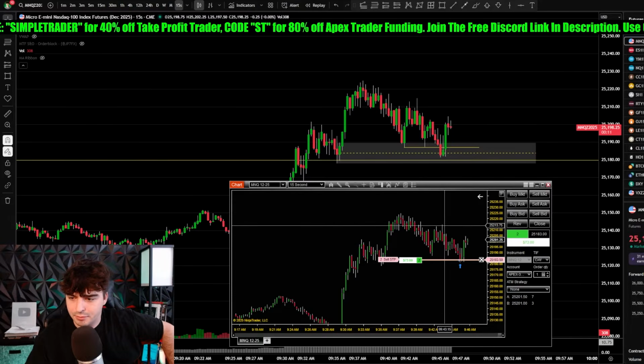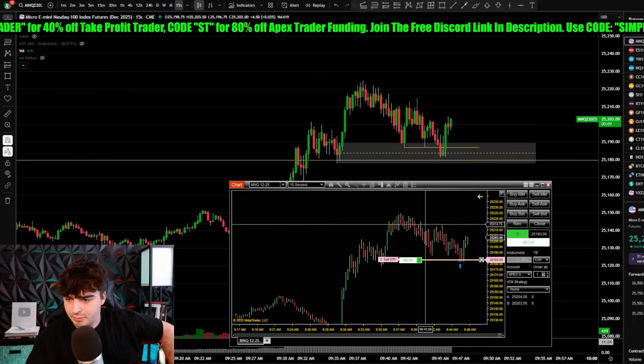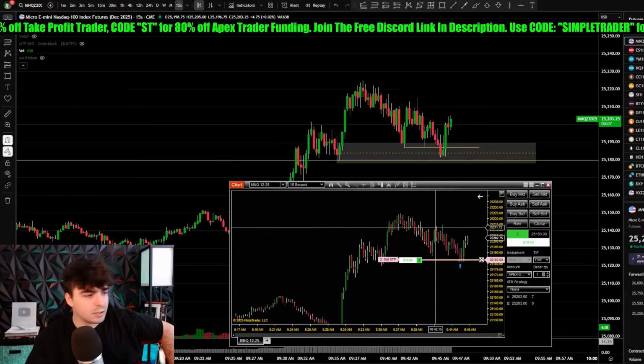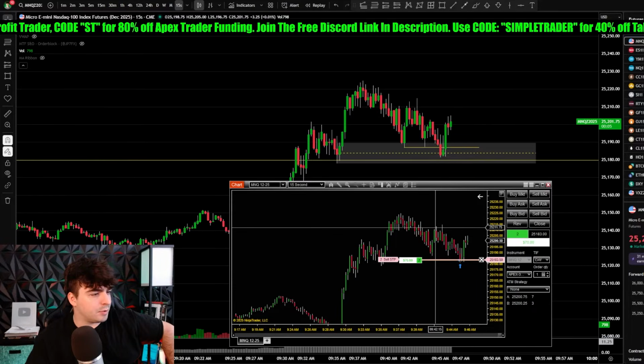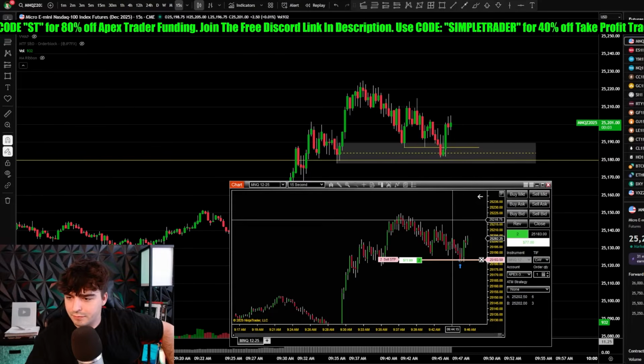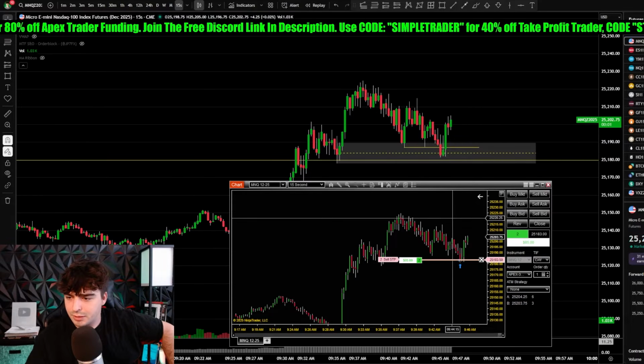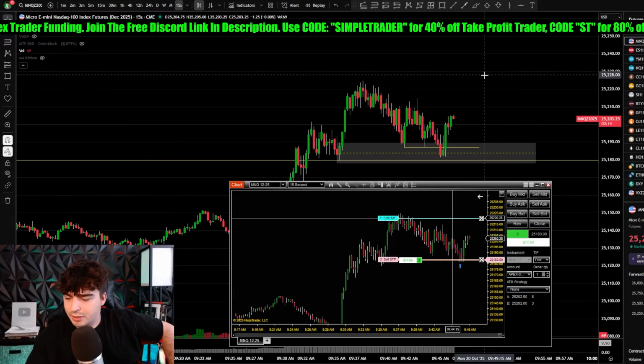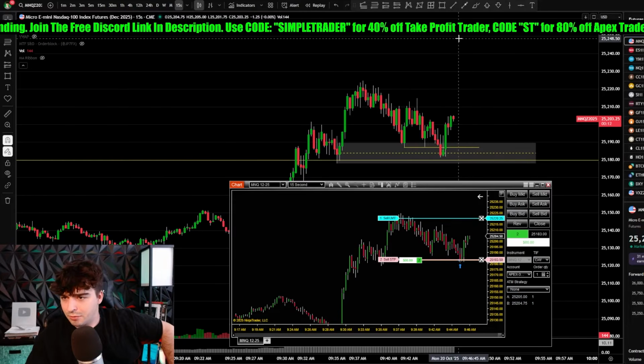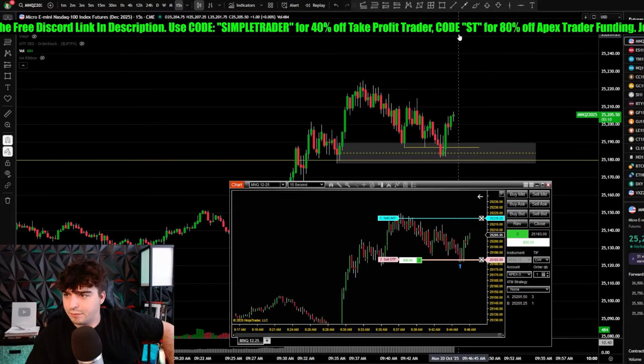So I got two areas where I'm considering for partials. We got up here and up here. Let's look at the book map. Book map shows orders down back at 225. I think I'm going to put an order to sell one at 220, and then try to hold the rest all the way up to the 250.